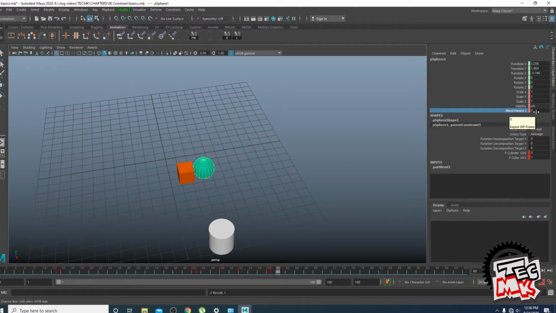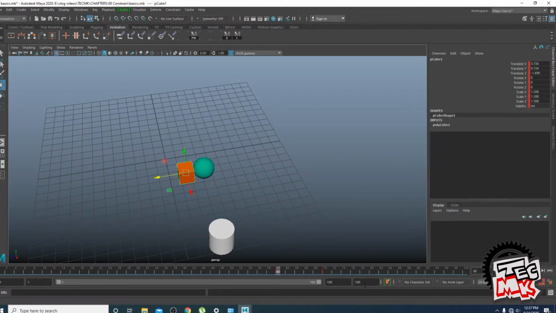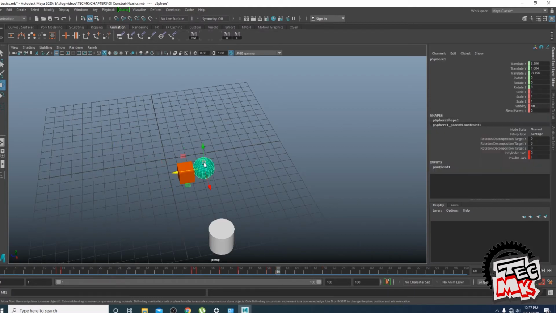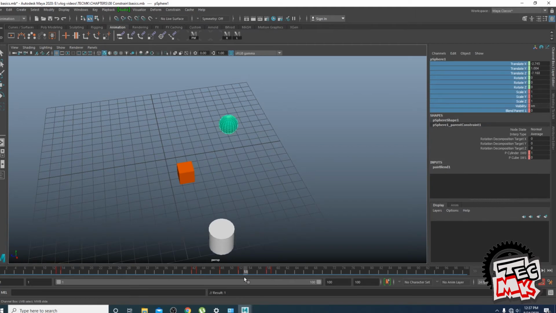The blend parent is 0. So even if you make it and you change the values and give the full control of the sphere to the cube, still the sphere will not move because the switch of the sphere has been turned off. So 59, blend parent was 0 because we know that till 59 the sphere was independent and it was roaming on its own will and coming back. But again, from 59 to 60, we are converting it into 1. That is, we are switching on the relationship of the sphere to the cube. Now you see what happens.